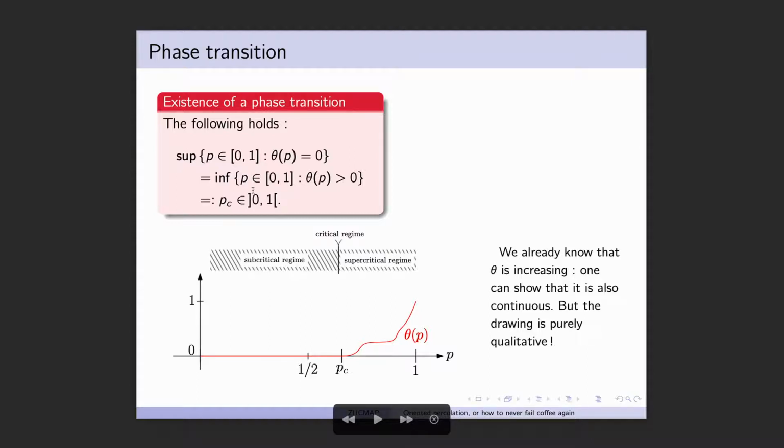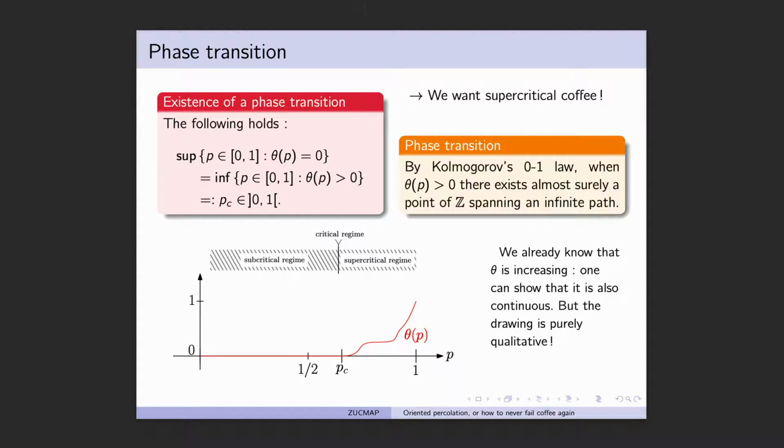And all that hints toward the fact that we really want supercritical percolation, right? We want a positive probability of actually succeeding. Also, for those who have seen a bit more probability theory, in the case that we have a positive probability of percolating, then maybe the water doesn't filter through from 0, but almost surely there is another point on the starting axis which will give rise to an infinite path.